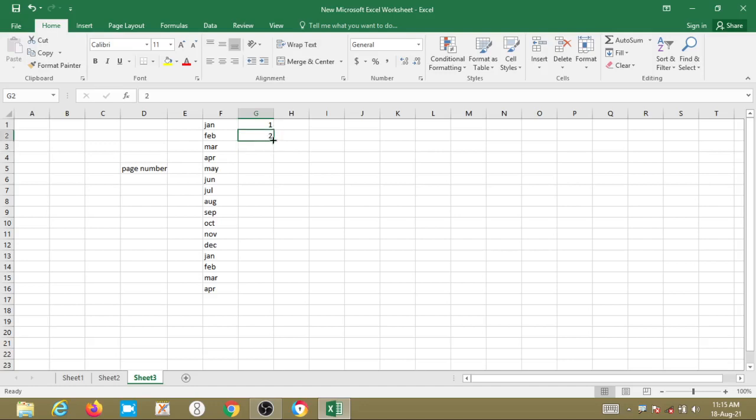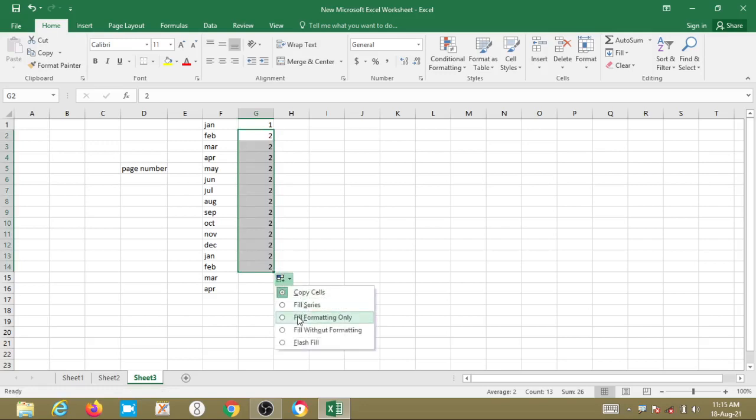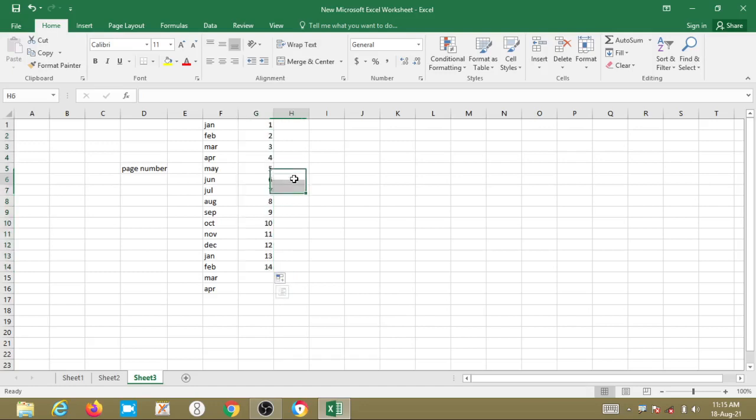Now what will I do? Fill series. If I give fill series, it will come like this, 1, 2, 3, 4, 5, 6, like that. So using this spreadsheet we can save time. That's why we are using spreadsheets.